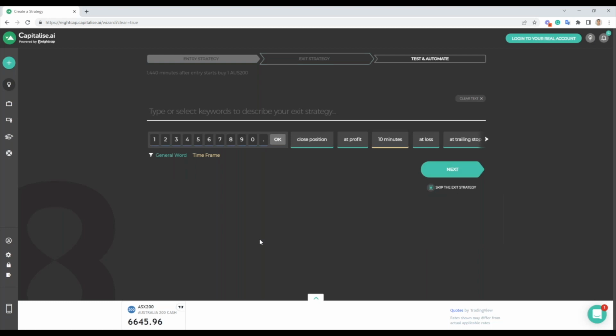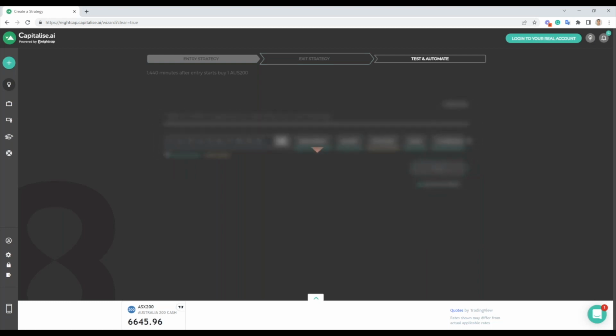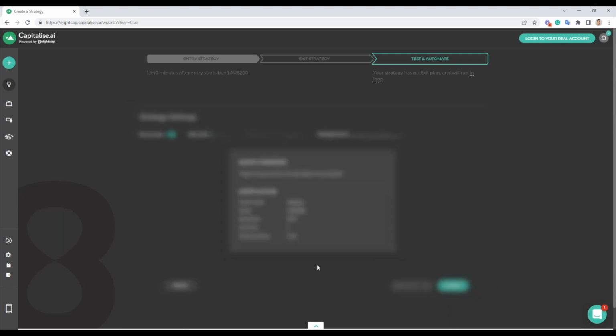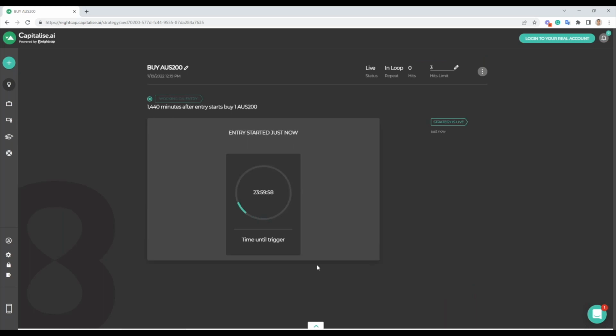Again, I'm going to skip the exit. We don't need the exit. And you may only want this to run for a week. Today we're on Tuesday, so we wanted to buy tomorrow, Wednesday, Thursday, and Friday. We wanted to buy for the next 3 days. At this time, we can go ahead and run it, which means that it's going to buy tomorrow, it's going to buy Thursday, and it's going to buy on Friday. And it's going to stop after that. Once it stops, you can play your strategy again.